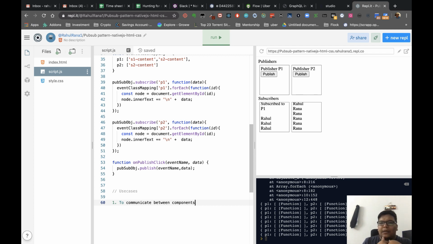For example, let me give you an example of the Flipkart website. If you are using the PubSub pattern there, the cart must have subscribed to all types of products where an add is happening. Let's assume there is an event like add product. Whenever you click on the add button, it will fire, take all the basic information needed for that product, and publish it.